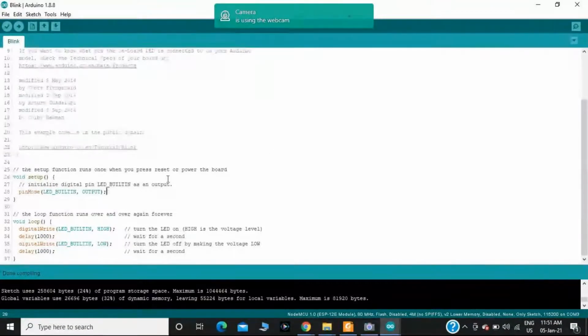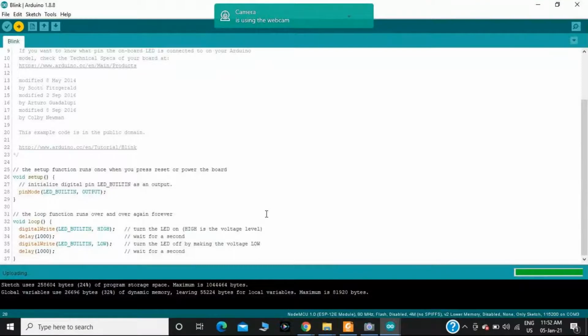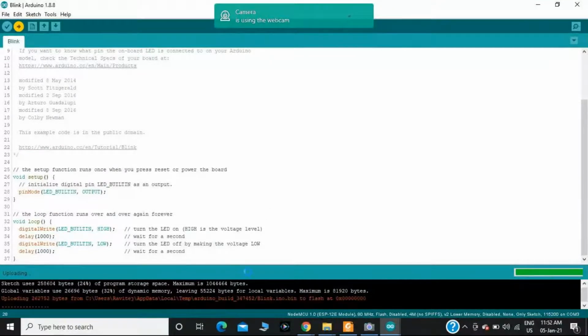Okay, done compiling. Now I am going to click upload. I am uploading this embedded C program to the Node MCU. Now observe it carefully.